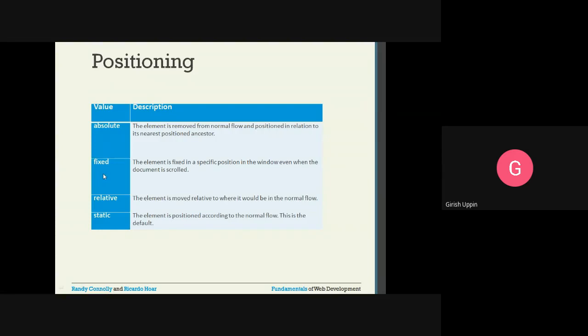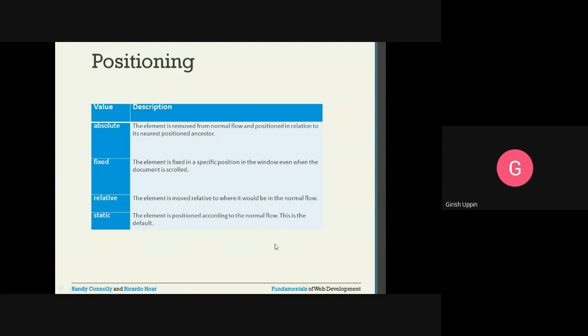Then if you set the value as fixed, in case of absolute, it positions itself from the position of its ancestor. And in case of fixed, the element is fixed in a specific position. Even when the window is scrolled, when the document is scrolled, that particular element will be in a fixed position.